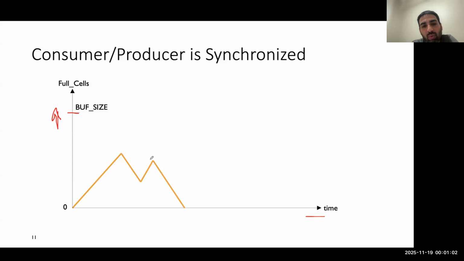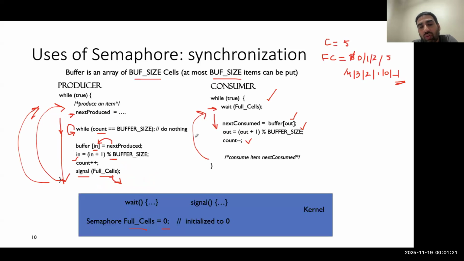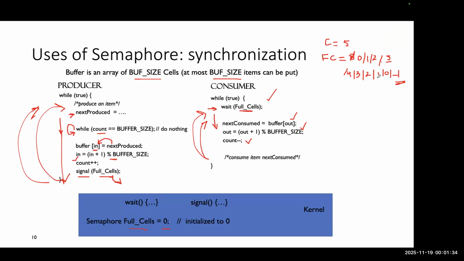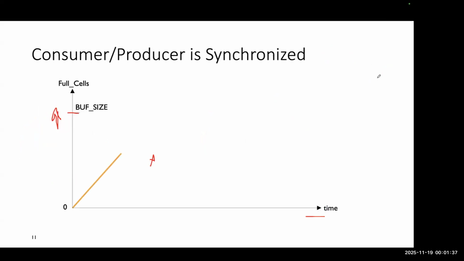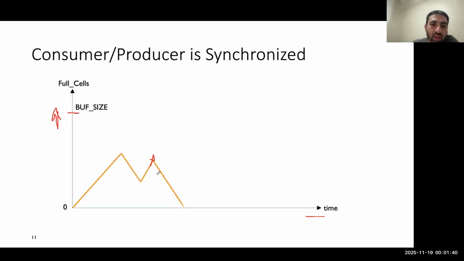And now let's say after this time point, your producer is context switched out, which means it's not running or not scheduled for execution, but the consumer is scheduled for execution multiple times. If you go back to the code, while the producer is not scheduled, in every iteration the consumer is doing a wait operation on the full cells. So it is reducing the value from 5 to 3 to 1, right? So the number of elements in the buffer reduces,